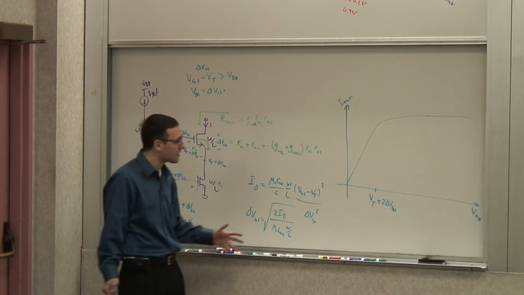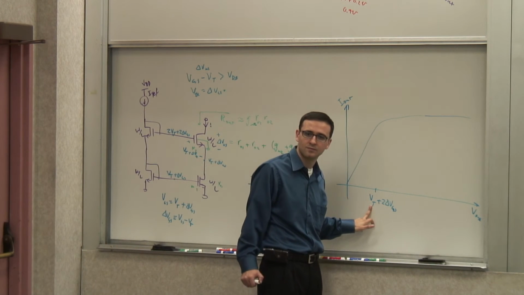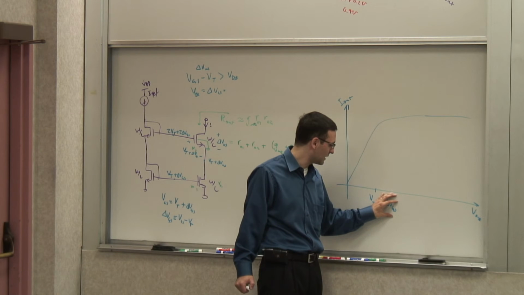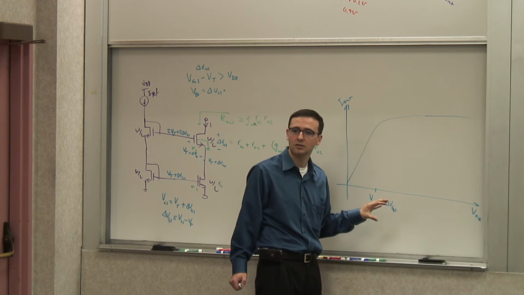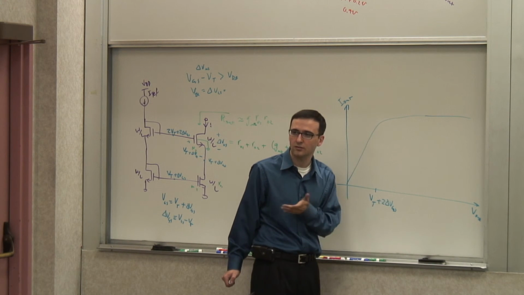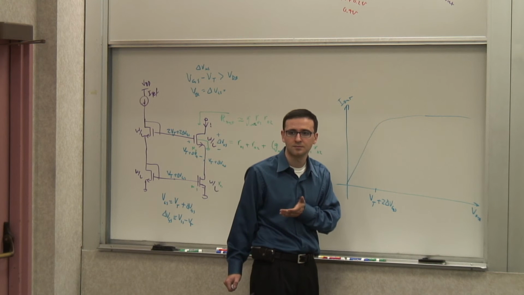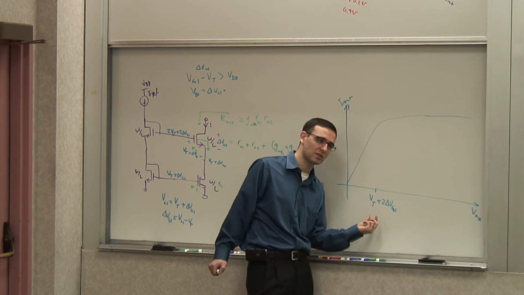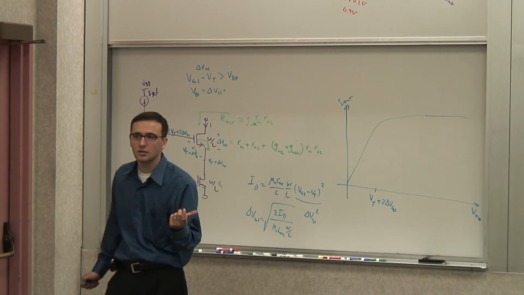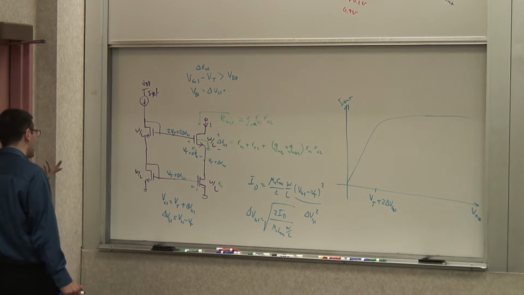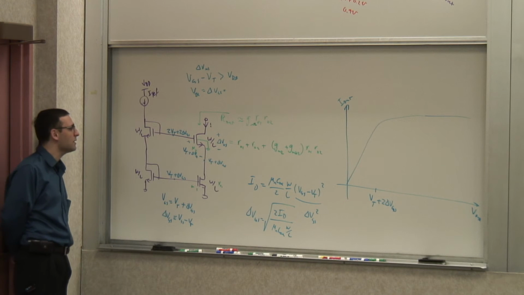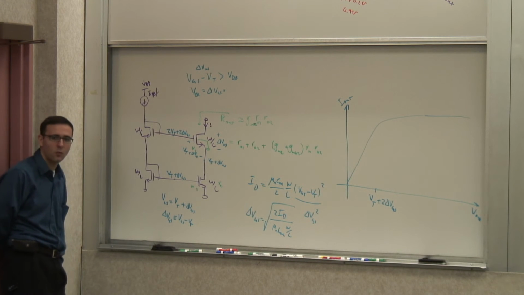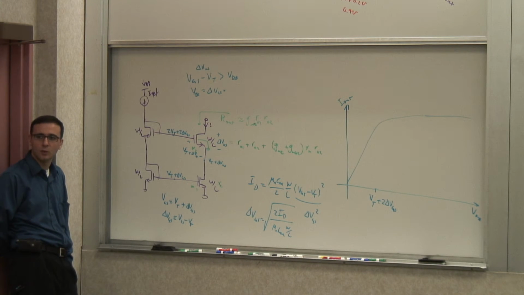But nonetheless, I'm stuck with this VT. Even if I get rid of this completely, there's a minimum voltage of VT, which I can't get rid of in this arrangement. And that's a problem, right? Because VT is 0.6 or 0.7 volts, or whatever it is. So, can you think of a way of getting rid of this? Why do I get that VT? Where is that VT